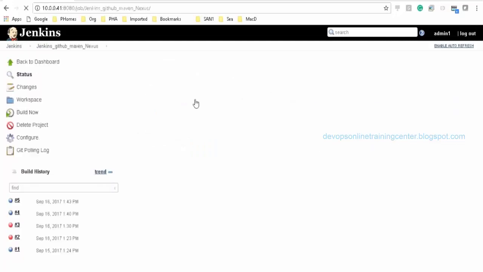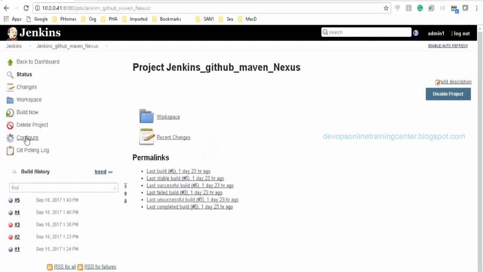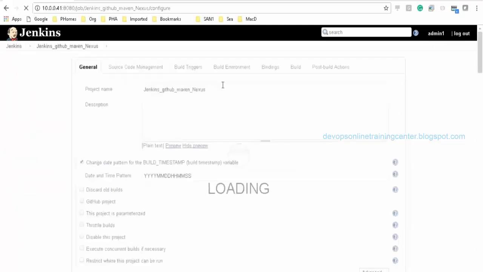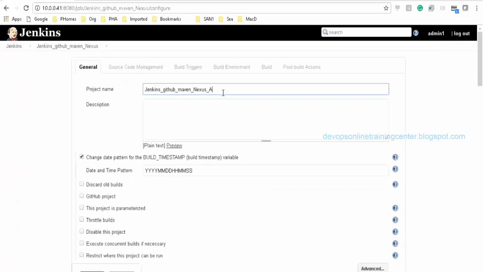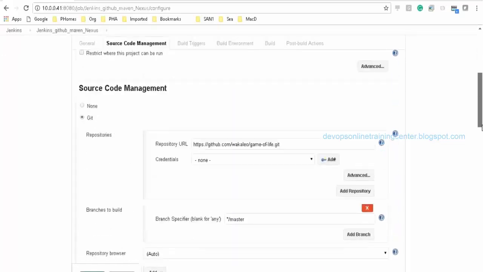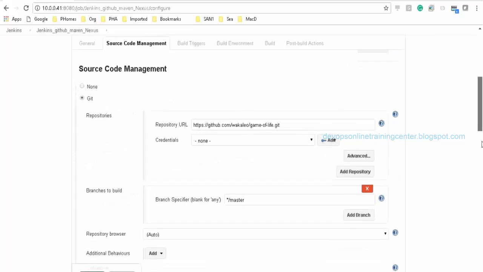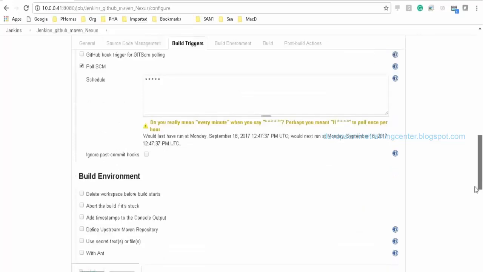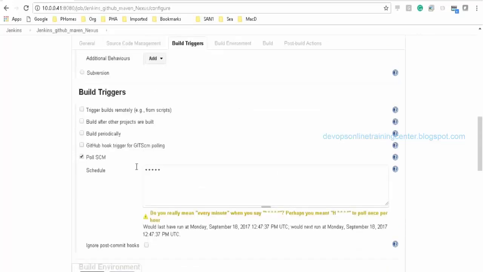Now in this job, I'll configure Ansible as well. So I'll just go to configure. We have the Git repository, and this is the crontab syntax, right?